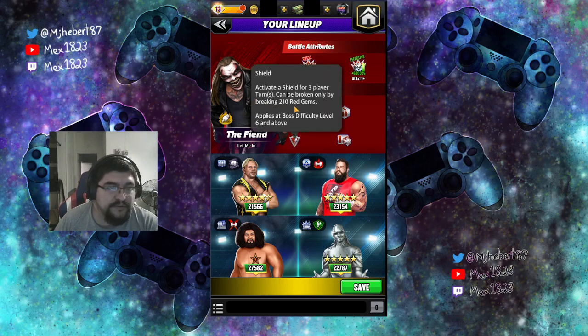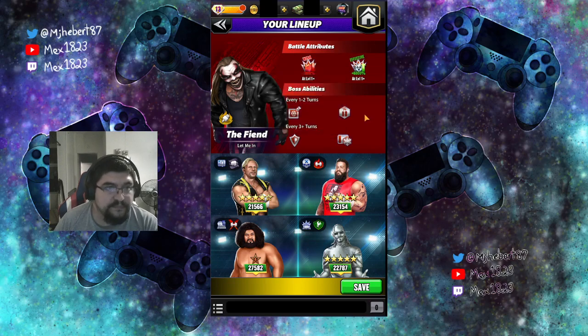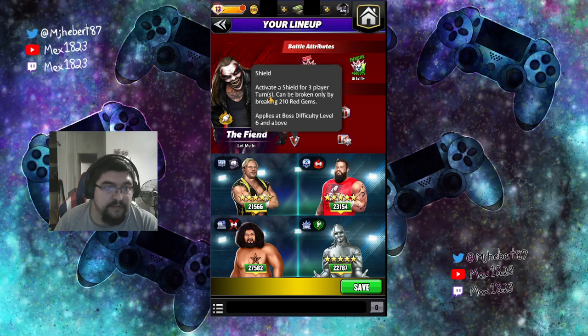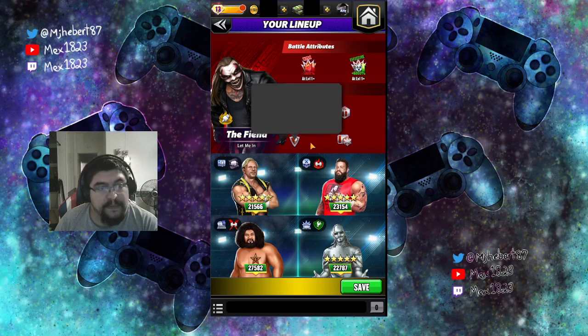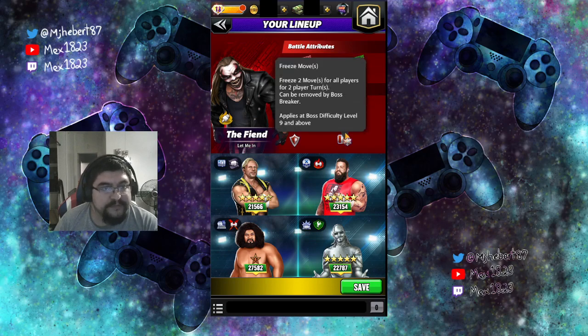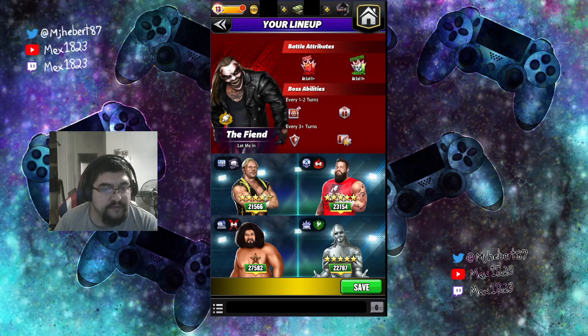Shield by breaking red gems. Keep in mind over here, they're getting creative with this. So while you're wanting to avoid red, you still need red to break the shield. Right? Whatever. Alright, next one. I hate this one. Freeze move. So after 3 turns, he's going to freeze your moves. Alright, so